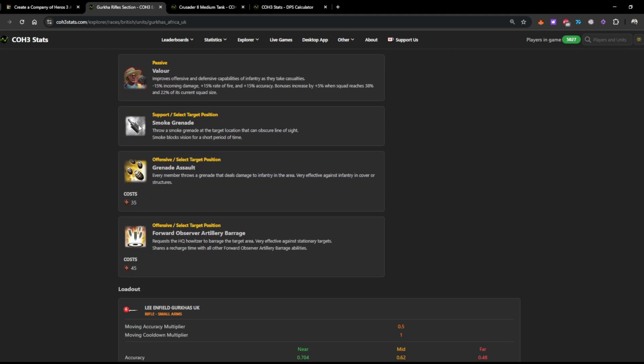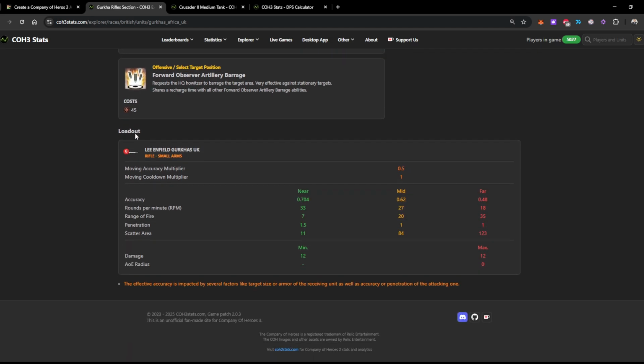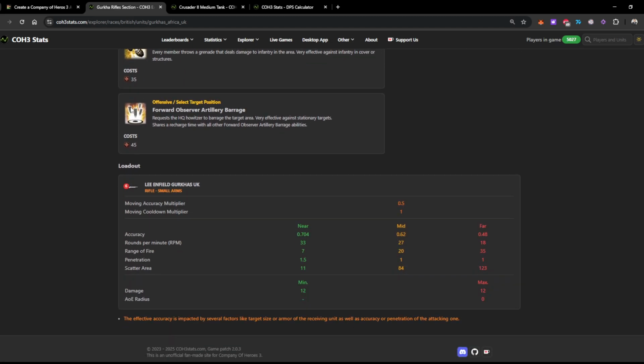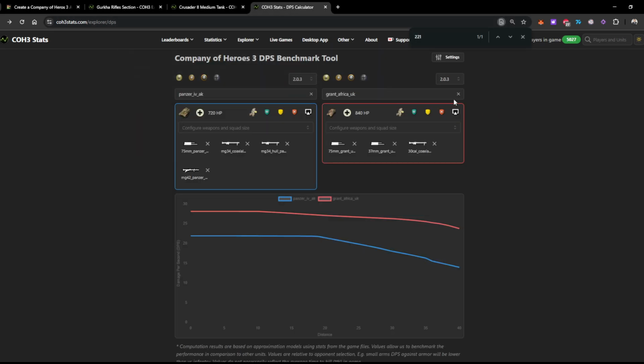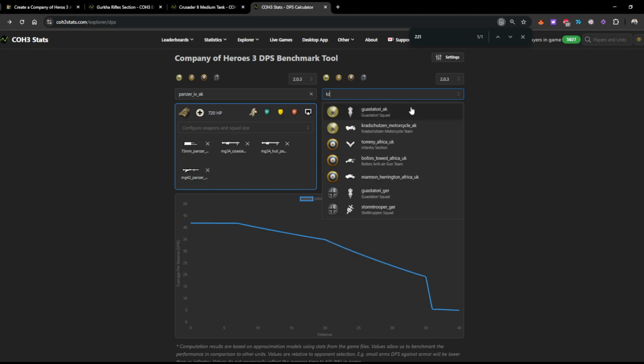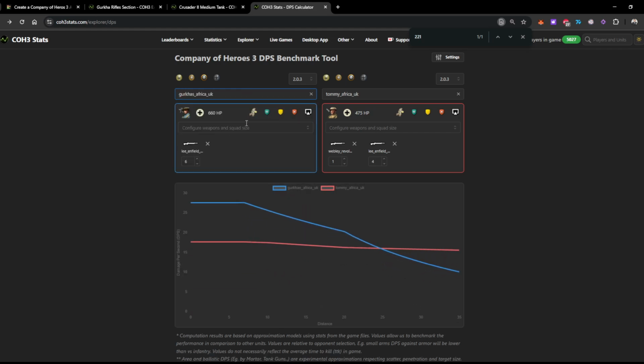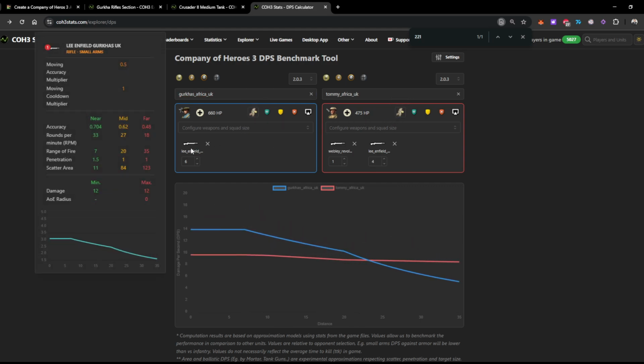Grenade Assault, Smoke Grenade, very, very nice upgrades as well. And actually, I think I'm just noticing this. I want to make sure that I'm not seeing things. Let's do Tommy against the Gurkha. I think what I just saw was... Yeah, sorry. So...